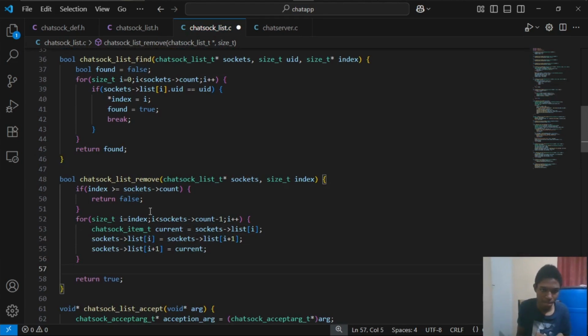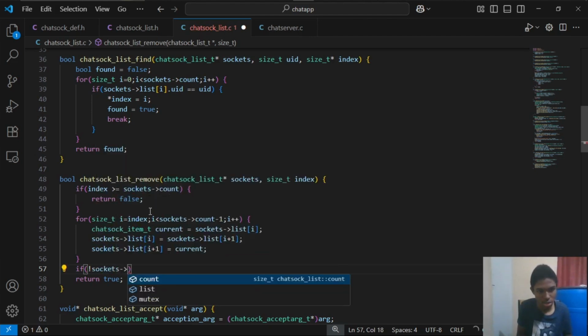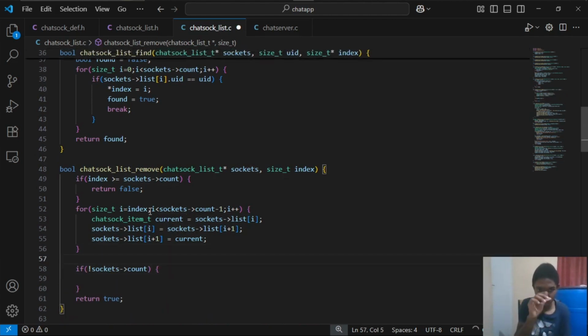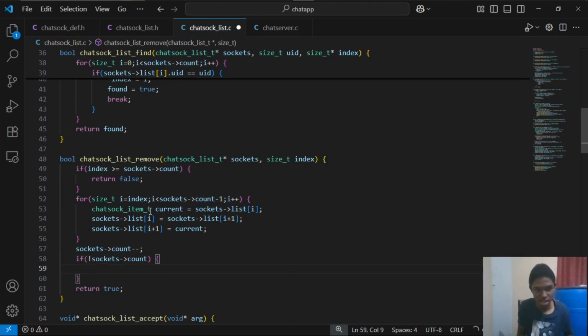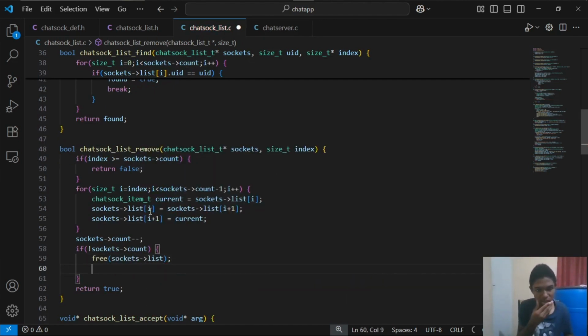And then we'll need to deallocate memory. So after we shift our client to the end, guys, we'll need to decrement the number of clients connected. So above here we'll do a sockets count minus minus, and then if it is 0, we'll just do a free sockets list, and then